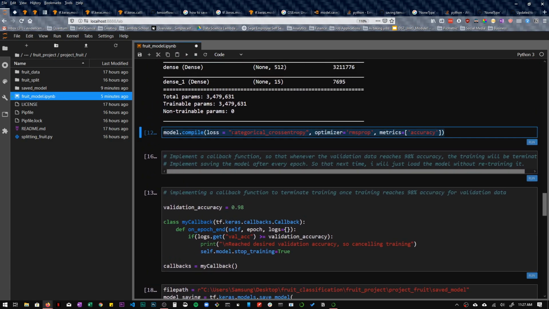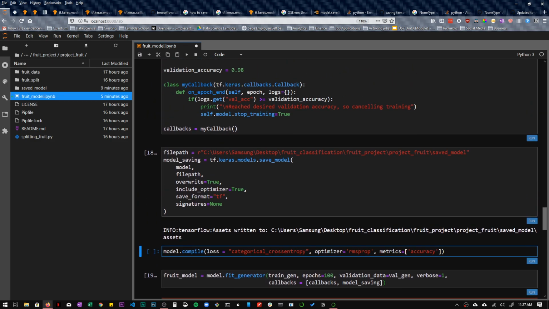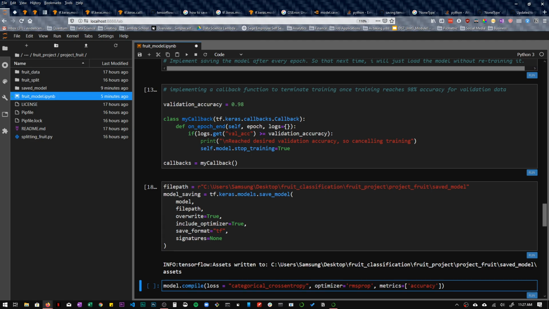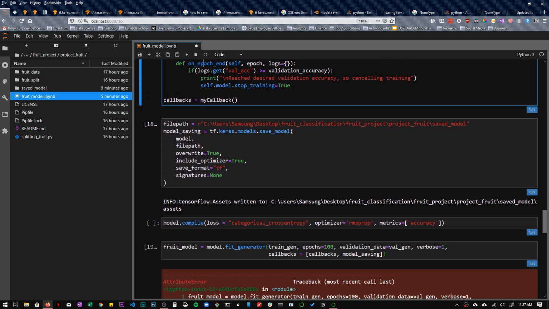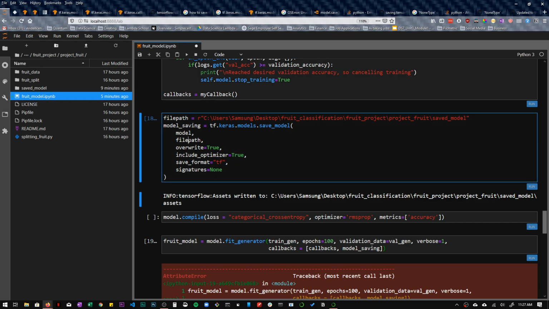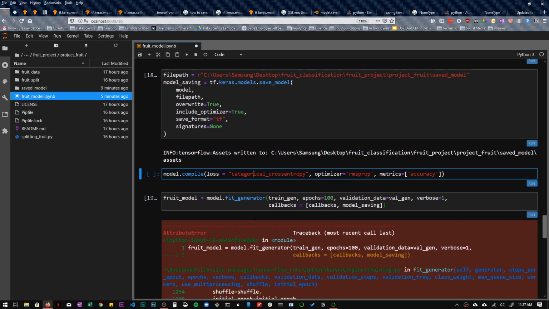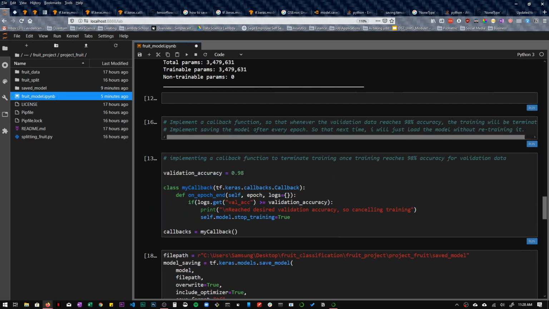So maybe the problem is that I need to compile the model again, after doing my callback to stop training when it reaches 99%, and then after saving the model, maybe I need to compile it again before doing this, because the solution is saying that the model is none.